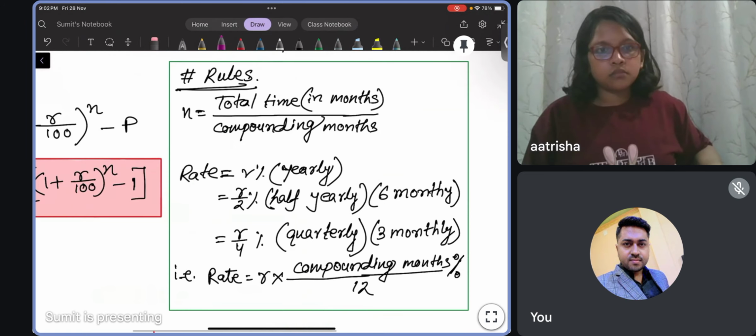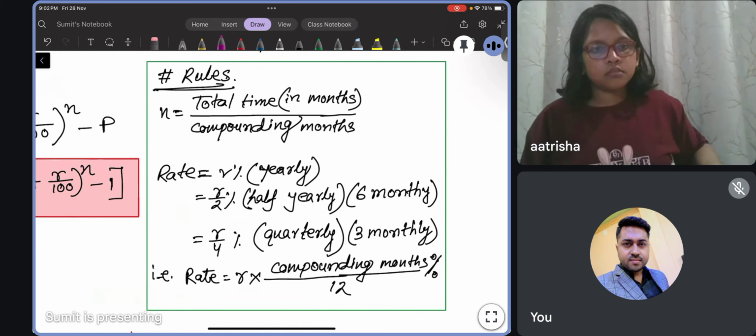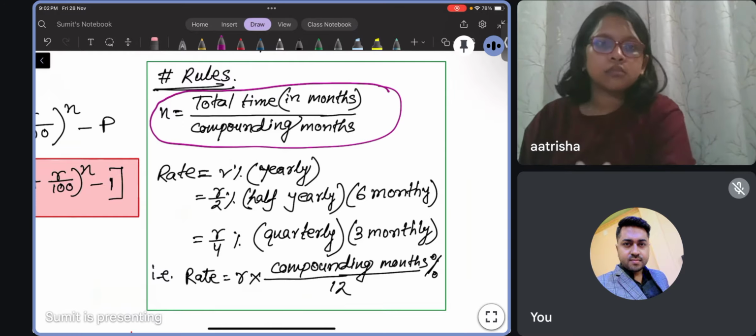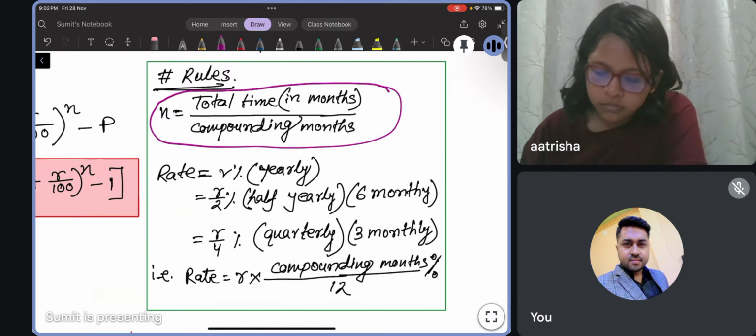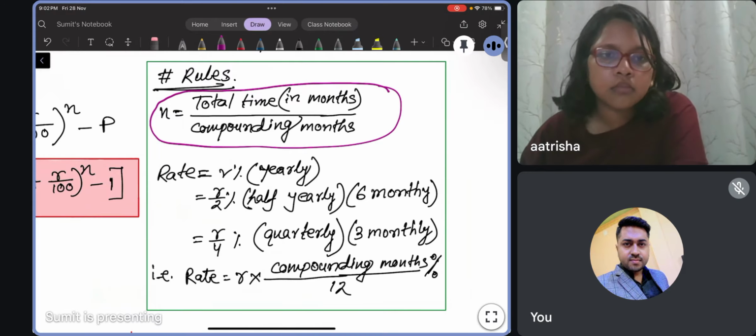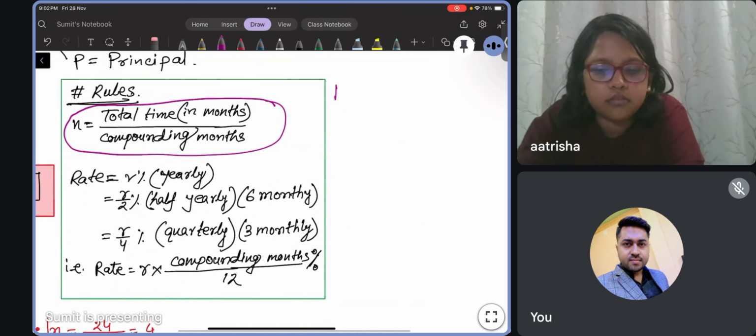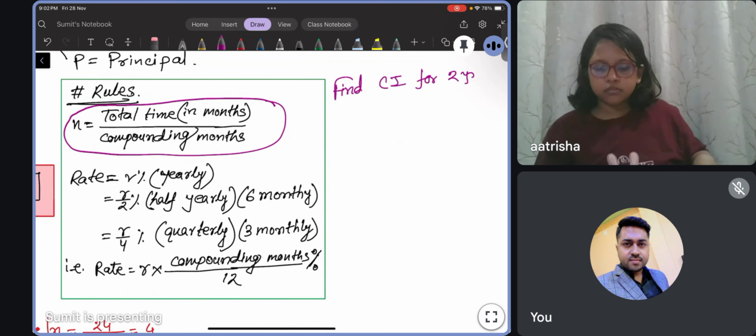What are the rules? What I have said is how to find the n, that has a formula. You will not get the formula in your book. The way I have said, that is written as a formula or as for the calculation only. How to find n? What is written? Total time. In the question, you will be given to find the compound interest for this, for that, right? The way I have said, I am writing over here: find the compound interest for 2 years